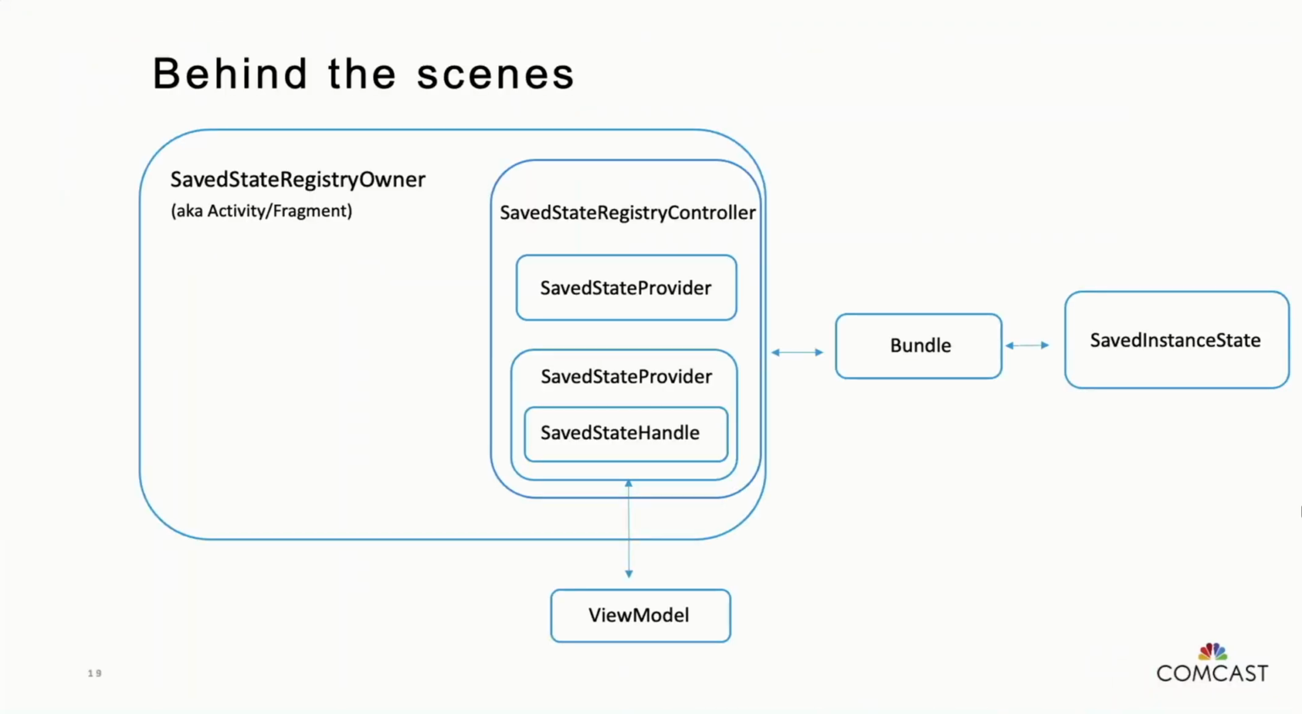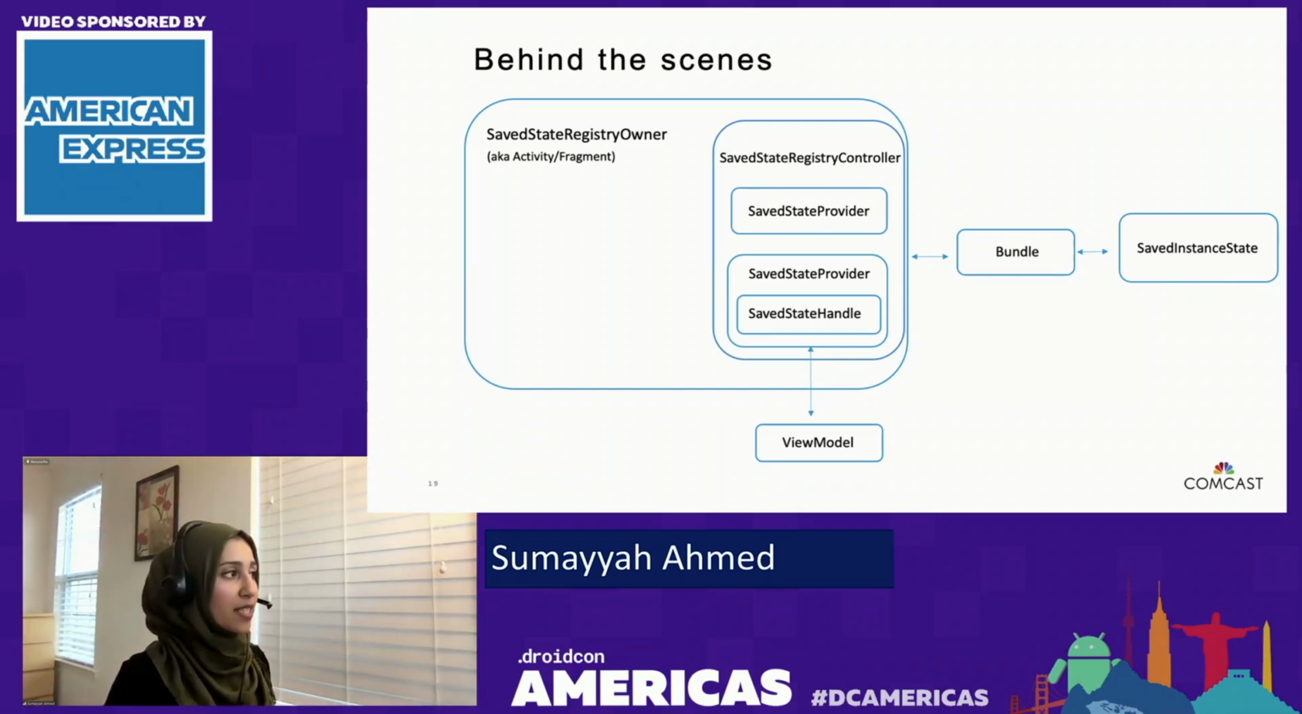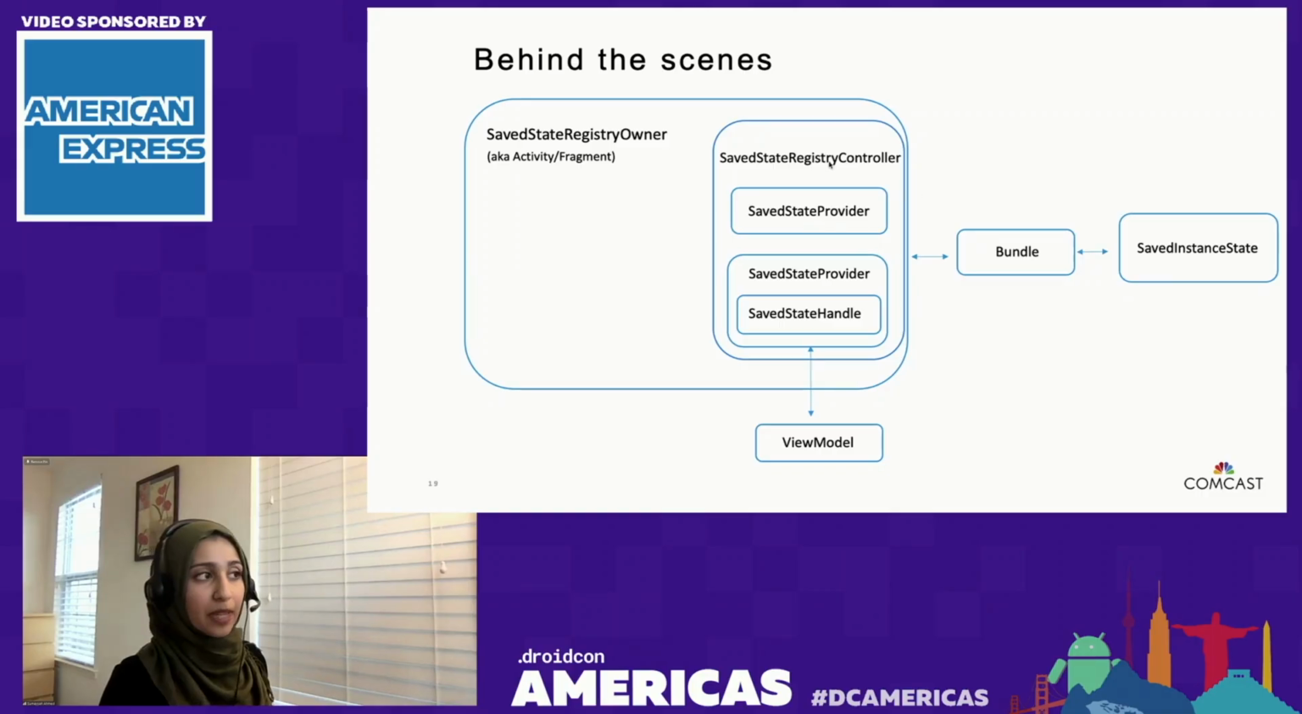So as you can see, we're still using saved instance state all the way here on the right. But there's a bunch of new classes, so let's go through them step by step. Way over on the left, we have a saved state registry owner. This is essentially your lifecycle owner plus a reference to the saved state registry controller. Now, the job of the registry controller is to maintain a list of saved state providers. Each of these saved state providers will wrap up its own data into a bundle with a unique key. The registry controller will wrap all of those bundles into a master bundle, which is then saved in saved instance